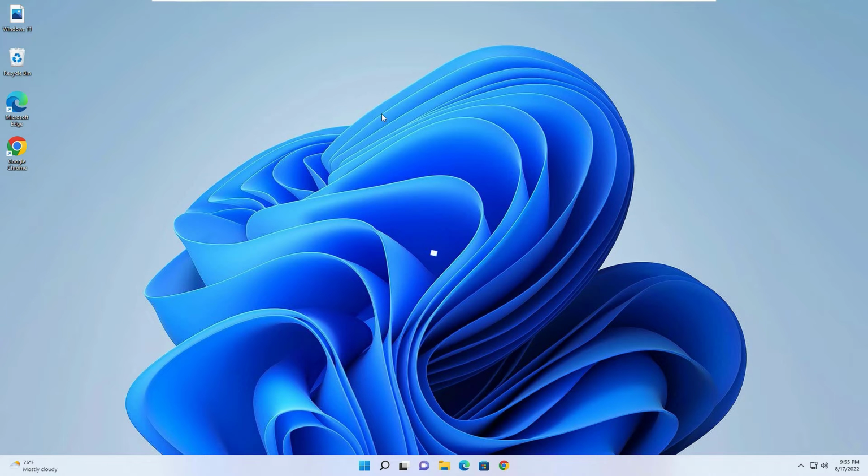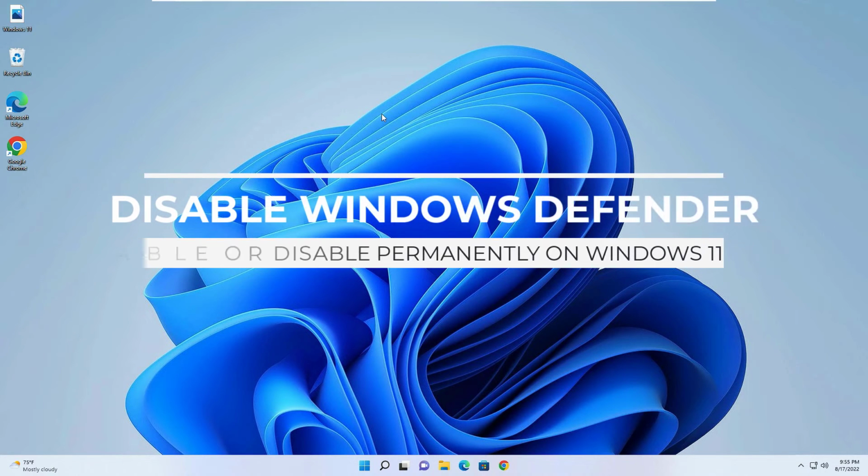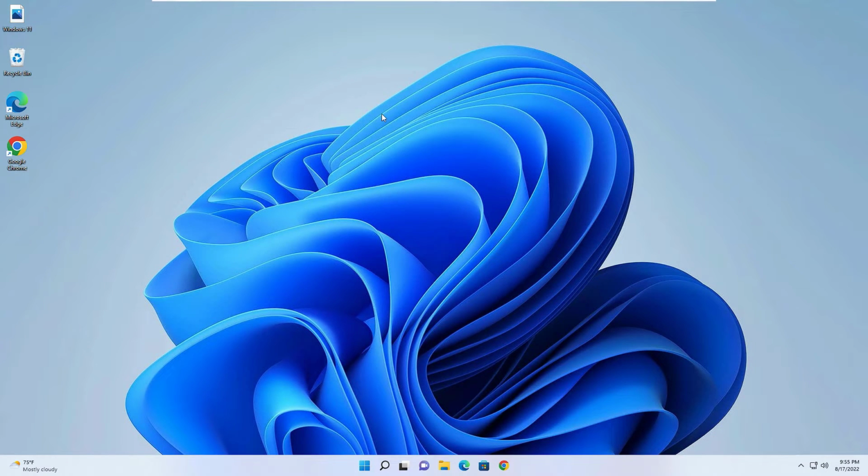Hi, if you want to disable or enable Windows Defender on your Windows 11 operating system, then you are in the right place. You are going to learn how to disable or enable Windows Defender on your Windows 11 operating